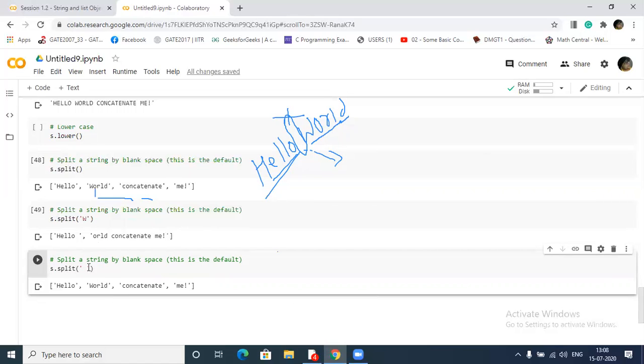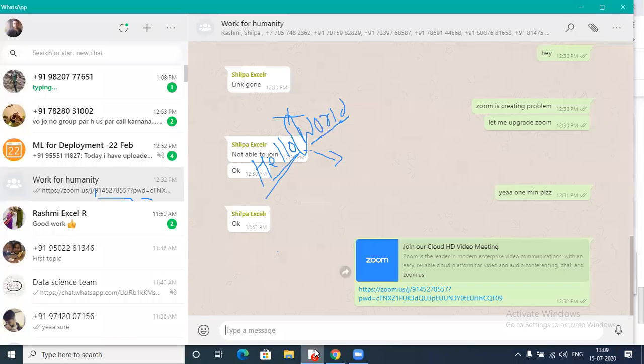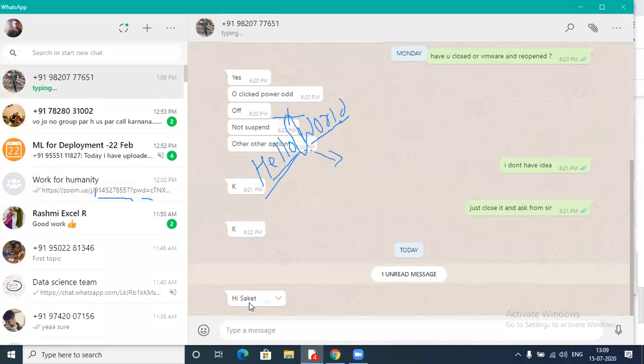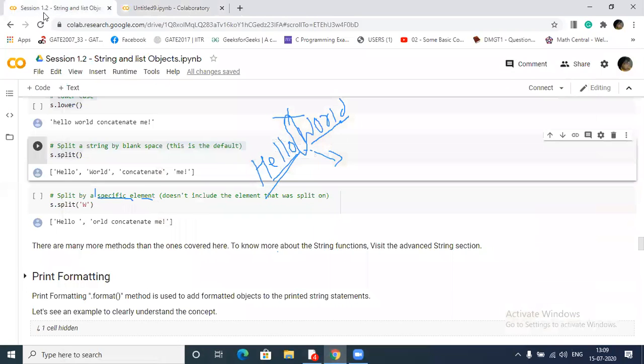That time the split function is very useful. So the basics are built from here only, and then people will find it comfortable in machine learning and all.